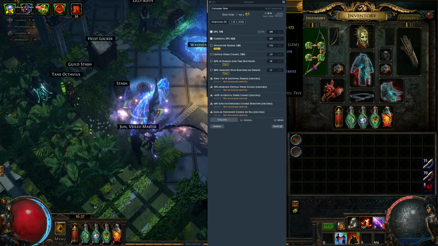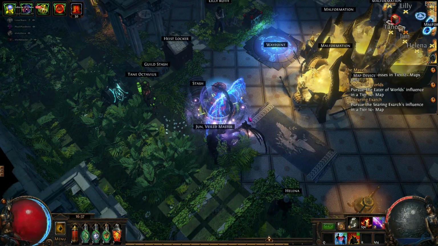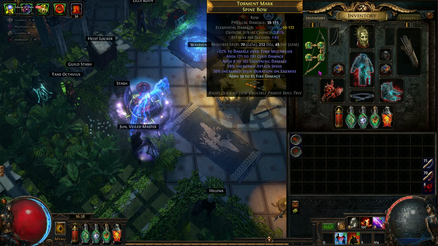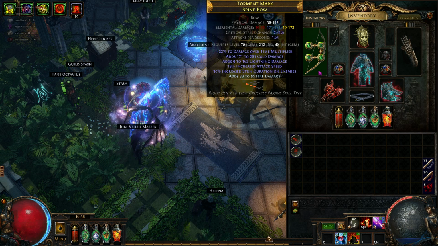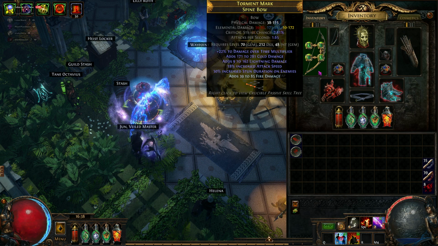If we make it, say, 500 just for a round number, so if you've got 500 base damage from your weapon instead of 100, and then you increase it by 250% from the tree, all of a sudden you're dealing 1250 damage instead of 250. So flat damage is